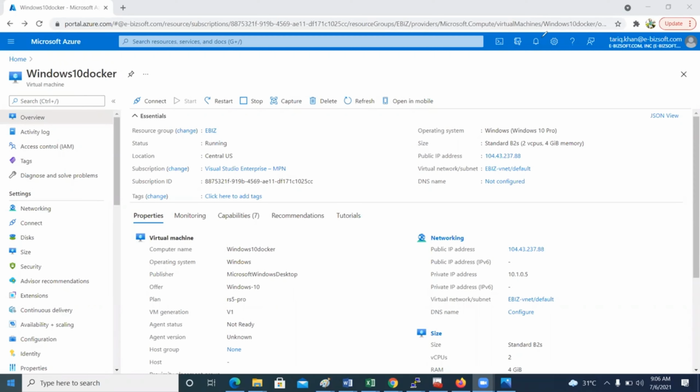Right now we are going with the implementation of Azure Bastion demo, and we have a virtual machine on our Azure cloud platform. And here you can see I have a public IP address on this machine, and if I want to make a remote desktop session, I just use this public IP address, and after that I'll provide username and password, and this way I can simply establish a remote desktop session with this virtual machine.